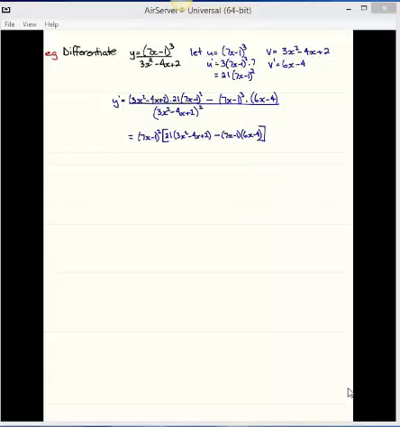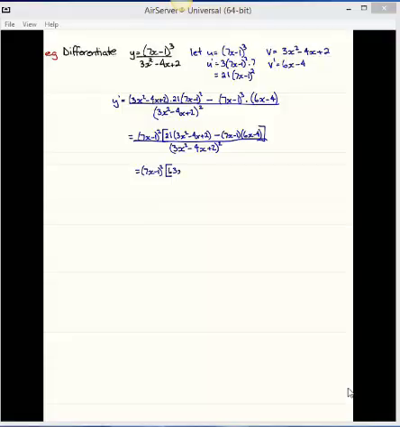And again, that's all going to be over. Now the bottom hasn't changed. It doesn't generally. 3x squared minus 4x plus 2 all squared. Alright. So again, looking at the top, now I am going to get a couple of x squareds left and right. So I can expand these ones out. It is going to achieve something if I do that here. So keeping our 7x minus 1 all squared and then expanding out the brackets inside the square brackets, we've got